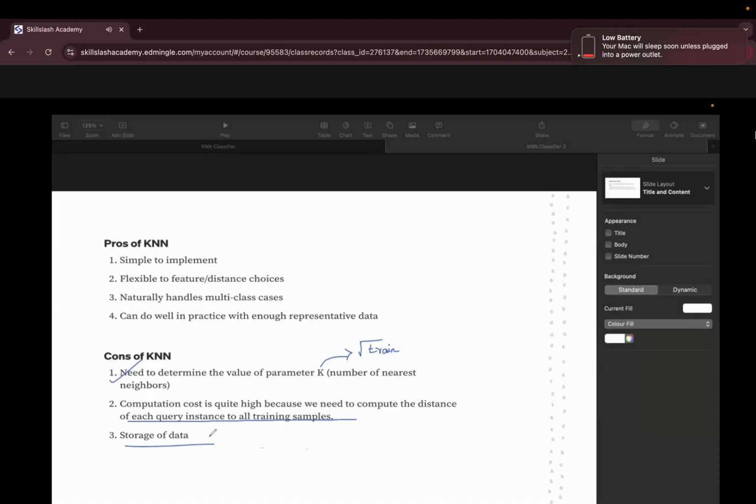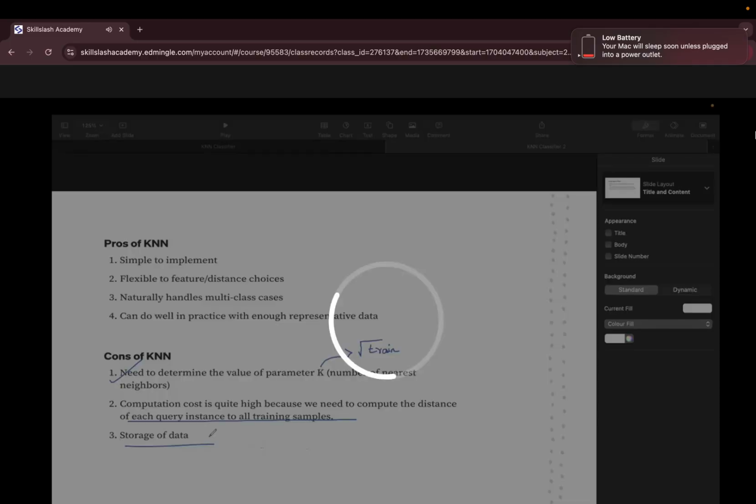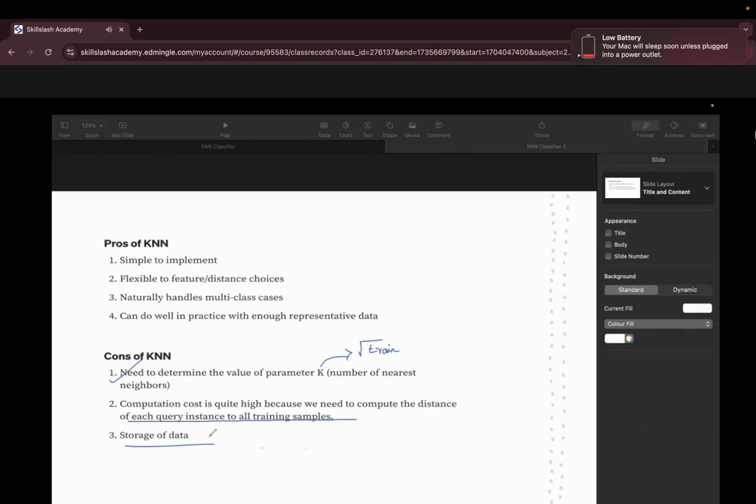For 5 customers, they are going to cost you 5 different columns for storing the Euclidean distance, which means there's a possibility that it might require extra storage space to store that Euclidean distance and later use it for the voting. That is why we say that the computational cost is quite high.